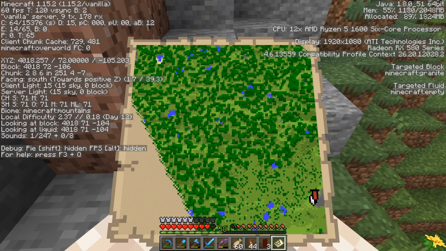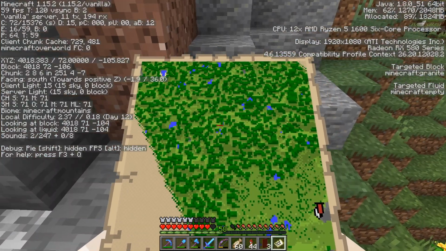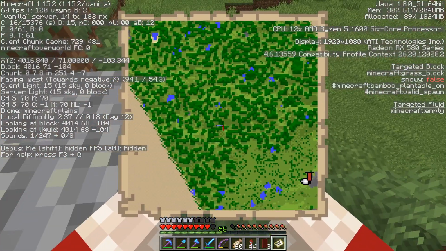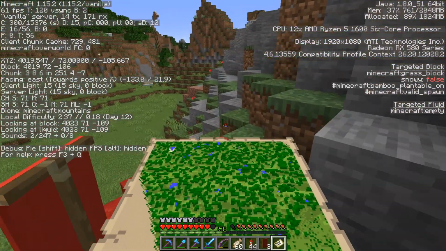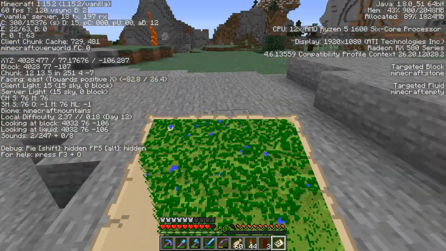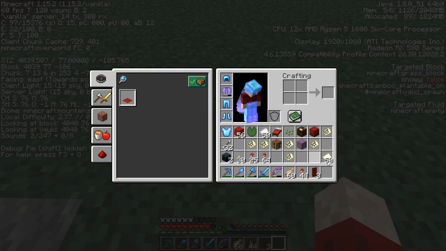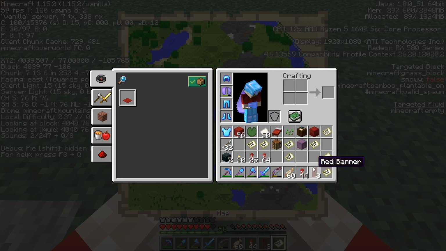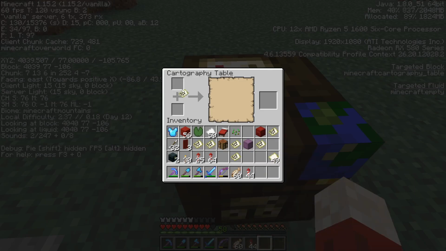All right, so now we need to go back to the beginning. So we need to go south to 0, and then we need to keep going this way to 40. This way, there we go, 4950. And so we are almost off this map, so I'm just going to run over here till we get off the map. There we go. And so we're just going to have to make a few stops for maps along the way, but we have actually plotted all of our corners